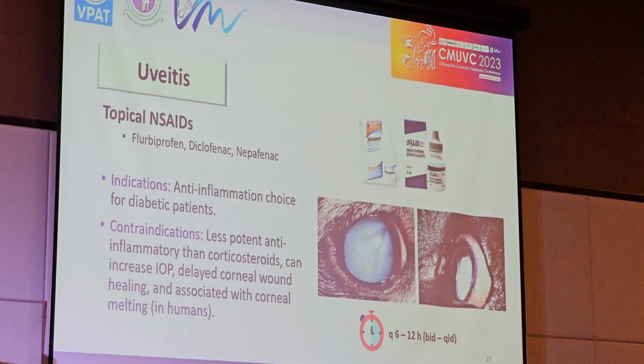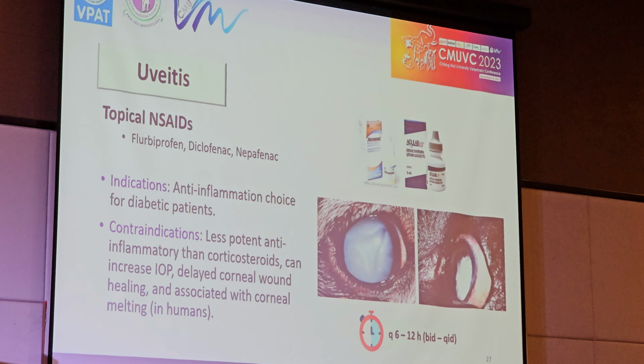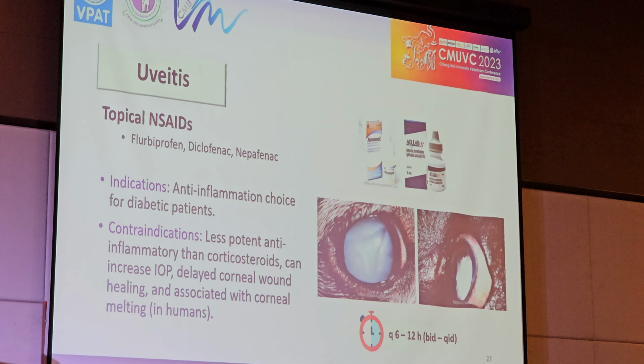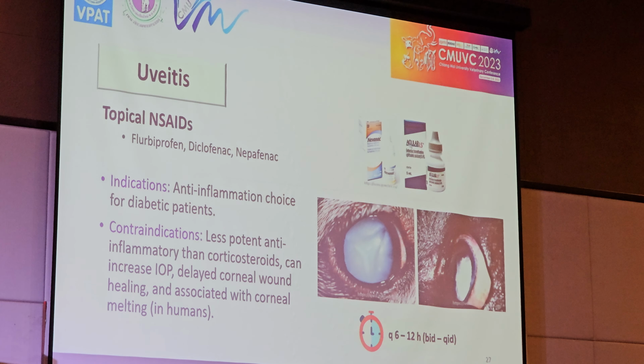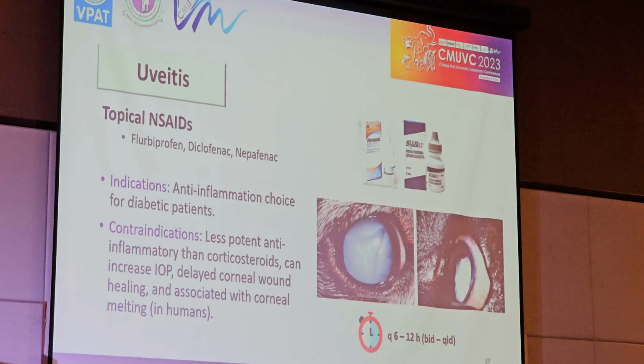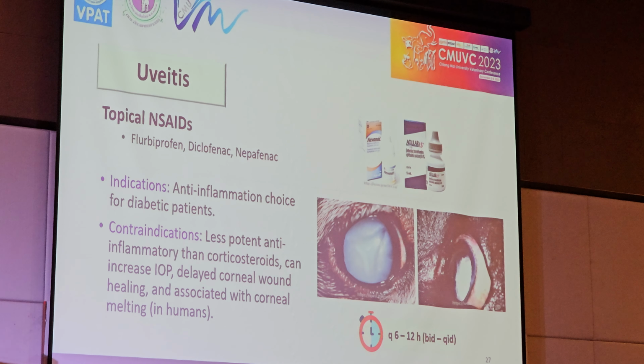The other drug of choice is topical NSAIDs such as flurbiprofen, diclofenac, or suprofen that may be applied topically alone or synergistically with the corticosteroid. They inhibit the cyclooxygenase pathway and thereby inhibit inflammation, and their effects are similar to those of corticosteroids in reducing the inflammation inside the eye. The indication of use is as the anti-inflammatory drug of choice for diabetic patients, and the contraindications